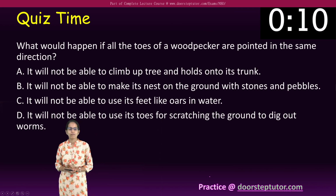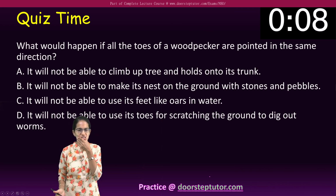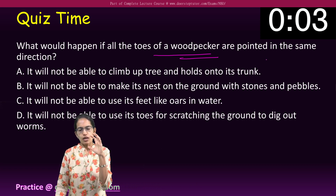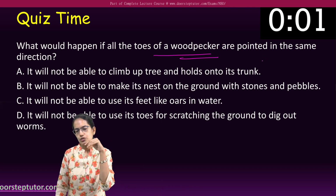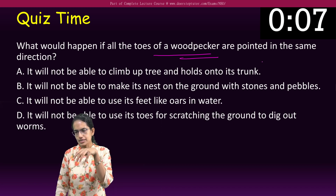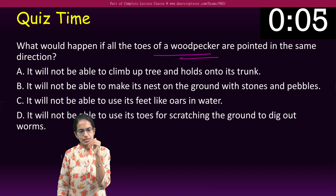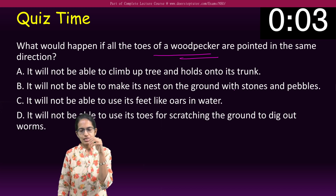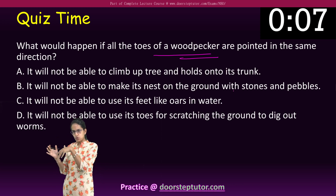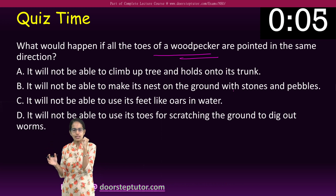Now if you remember the first slide that we discussed, where we introduced you to the various types of birds. The next question is, what would happen if all of the toes of a woodpecker are in the same direction? Now what does a woodpecker do? A woodpecker uses its toes to dig the tree. When it is trying to dig or scratch the tree, this is what it would be using. So it digs out the wood from the tree, and then